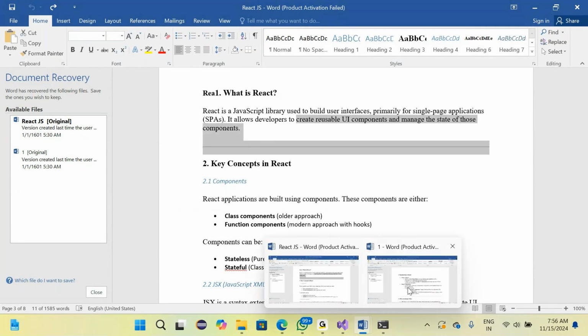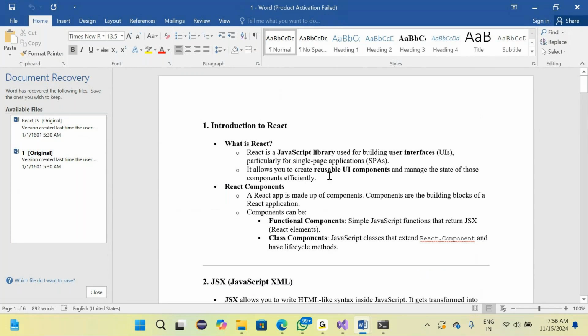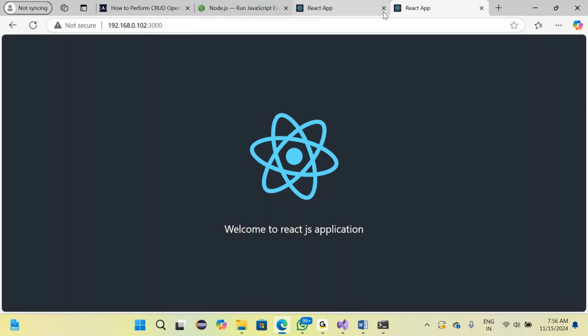That's where React is used: reusable UI components, and this is a JavaScript library. That's why we can see the extension is .js. It is an advanced concept of JavaScript, and you can use it to build user interfaces, particularly single page applications, if you want to write them. You can write it. So normally, if you take any site or anything,